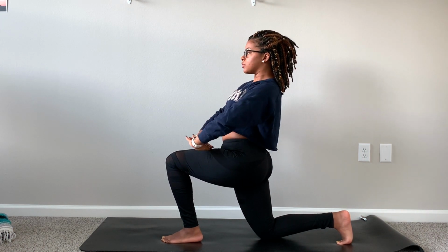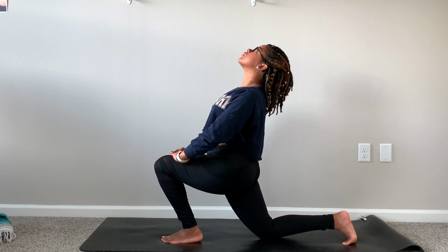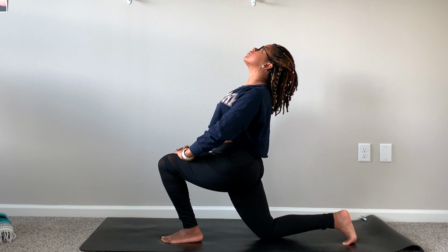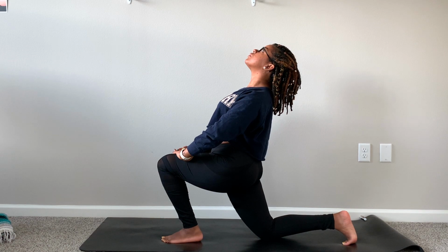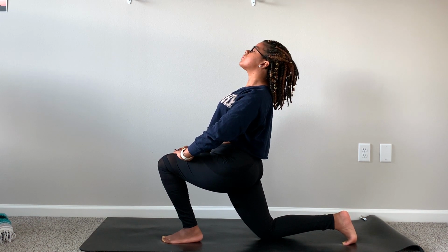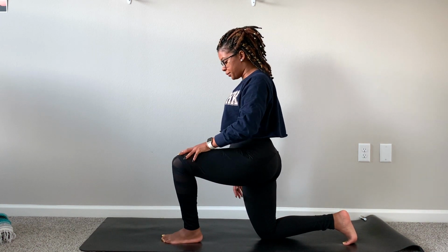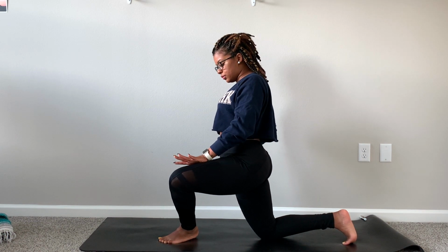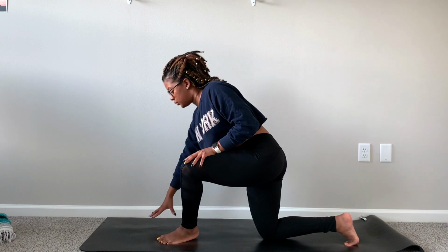Again, if you're looking for a modification, go ahead and interlace your fingers, bringing your hands onto your left thigh. Still taking that micro bend in your back to fully engage and activate this pose. And when you're ready, slowly release. Making our way into lizard on the opposite side. Go ahead and extend and push your left leg off to the left side, coming onto the outermost part of